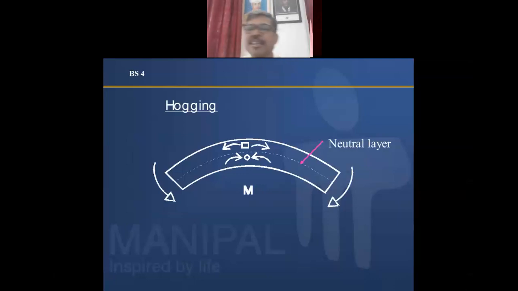If you see any practical example, take the sajja on a window, and one monkey is sitting there. Due to that point load, what will happen? Suppose this is a sajja which is fixed at this side, free at this side, and one monkey is here. So due to self weight or live load of the monkey, this beam is trying to bend like this. Therefore there will be hogging bending moment, and the rectangular particles, if you see in the diagram, are trying to go away from each other, and the circle is pressing to each other. That's why that is called tension, and at the bottom there will be compression. So this is the basic difference.